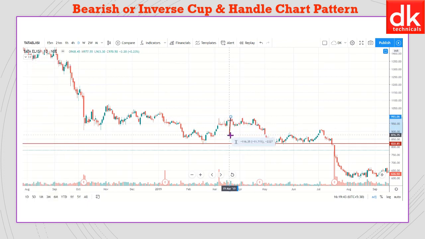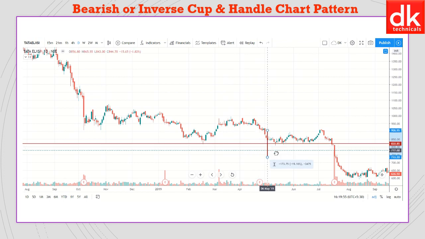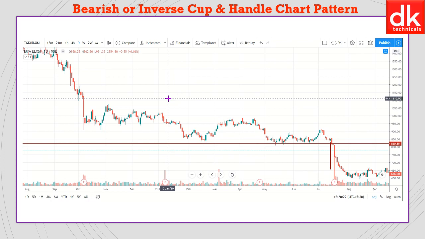So this gives an opportunity to short sell and take a trade on downside to achieve a profitable trade. So I am measuring this. This is the height we measure. This is called the neckline of the bearish or inverse cup and handle pattern, and this is the point of breakout, and we project this target. We can see the target has been achieved. We all know that all chart patterns have a target which is the minimum objective. Hence we can always choose to ride the trend and trail the stop loss and make most of the trend on downward side in this particular case, because it's a bearish cup and handle pattern.